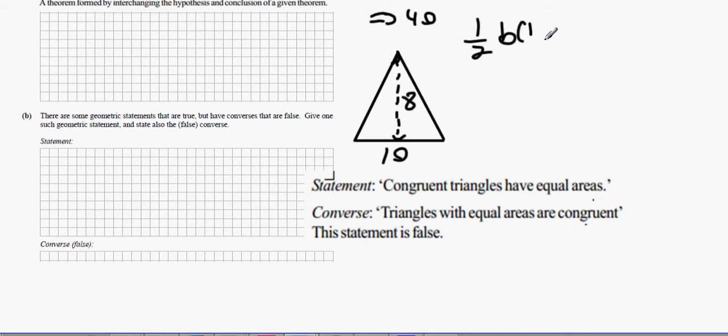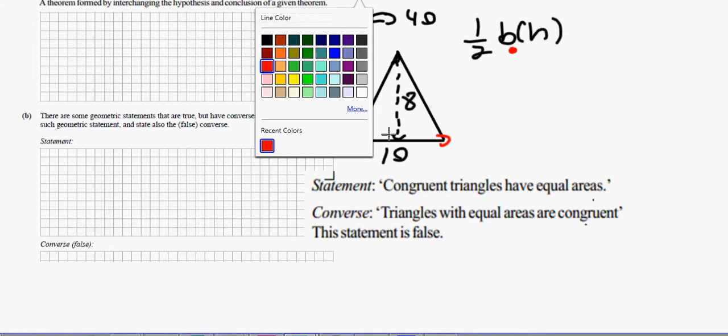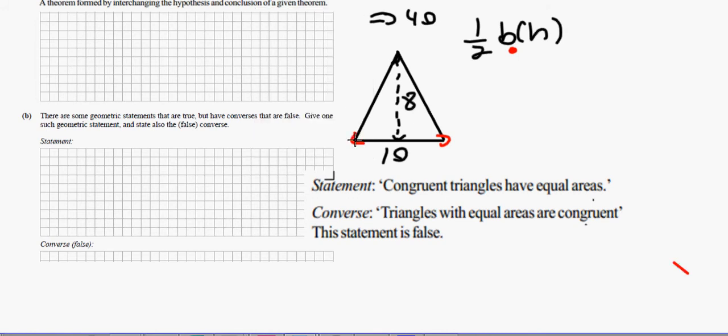Now imagine that I then did a red triangle, which is located over here, and it still has the same base. So in the red triangle, it's still a half base by height, but look at this, it goes up here, down here, and back again. Now these two triangles actually have the same area as each other. The reason is that their perpendicular height is still 8 and the base is still 10. So this one's going to be a half base by height, which is a half 8 by 10,